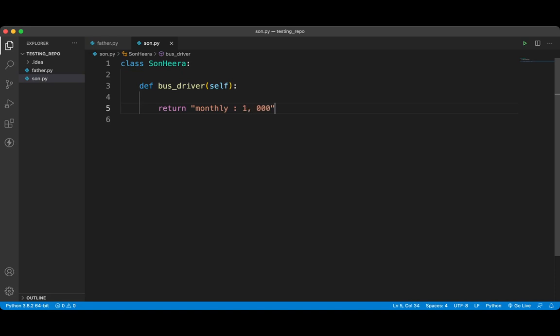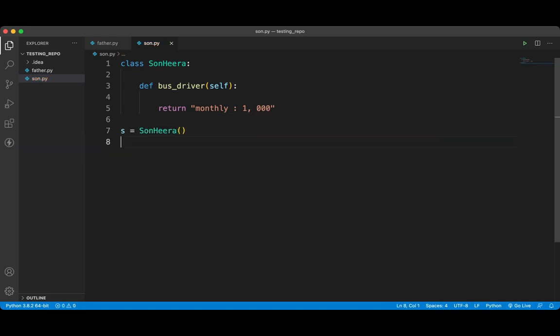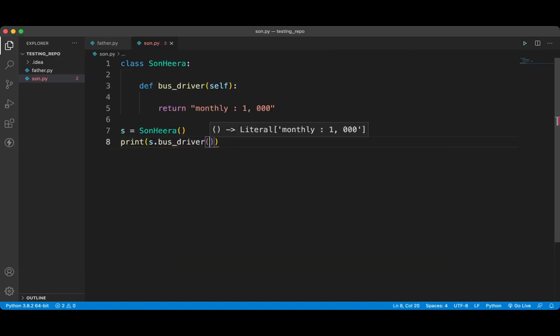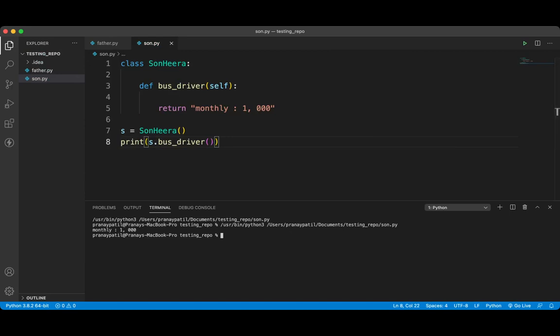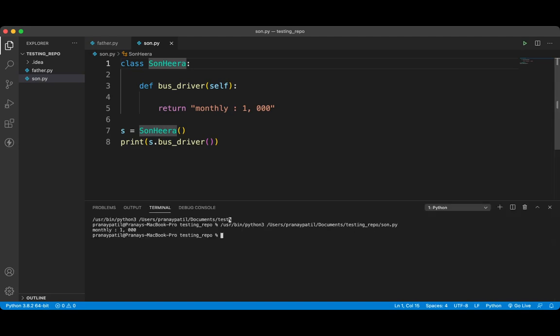When we make an object of it and print bus driver, we can see that he has a monthly income of 1000. For some reason he is not inheriting his father's property, so his only source of income is his money from being a bus driver.